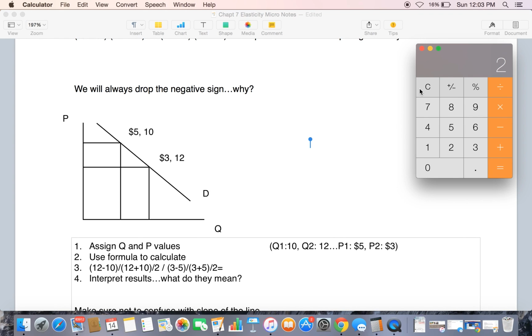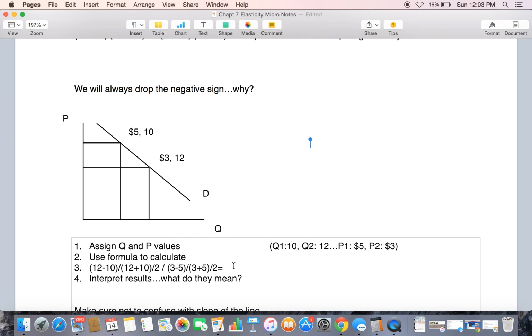12 minus 10 is 2. 10 plus 12 divided by 2 is 11. So 2 over 11 gives us 0.1818, all divided by